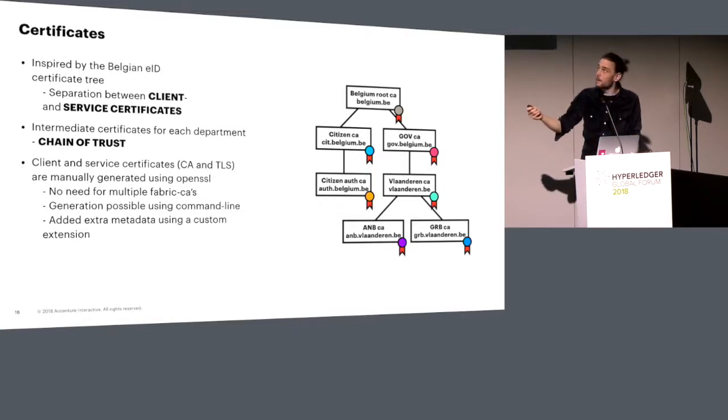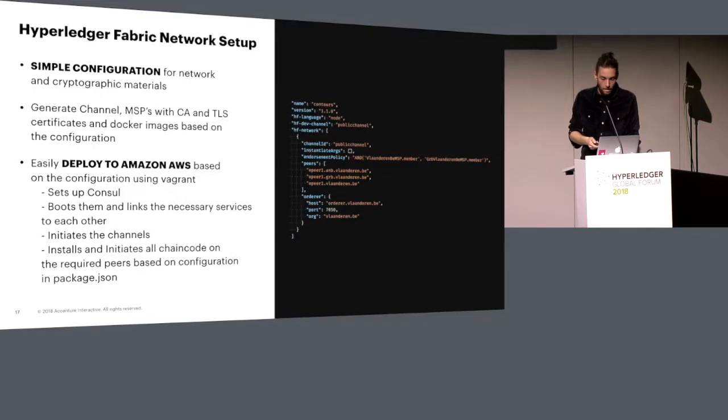So we wanted to create this, and we looked at Fabric CA for that, but at the time we also found it very difficult, with not that much information, especially when you're working with intermediate certificates. So what we did is we created scripts where we could just generate this kind of structure. All the things we created, we gathered and combined in a tool that we open sourced, where